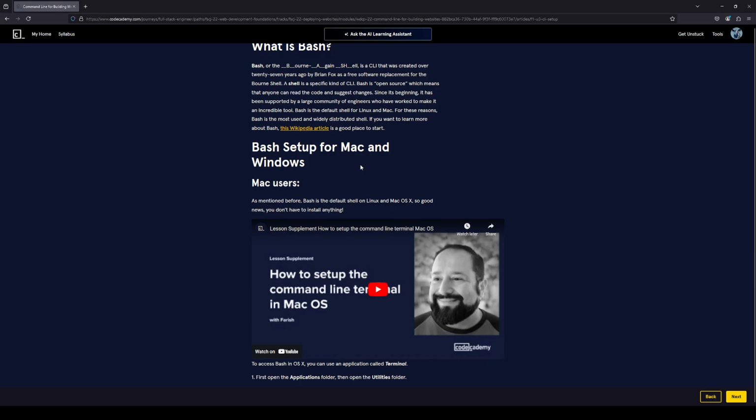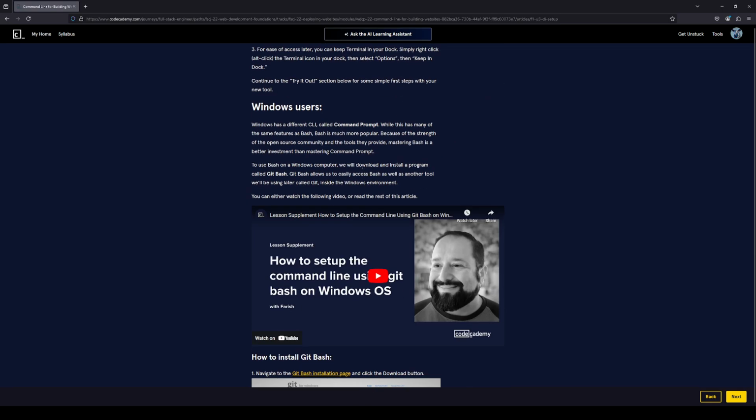Bash setup for Mac and Windows. Mac users, you don't need to worry about that. Windows users, Windows has a different CLI called Command Prompt. While this has many of the same features as Bash, Bash is much more popular. Because of the strength of the open source community and the tools they provide, mastering Bash is a better investment